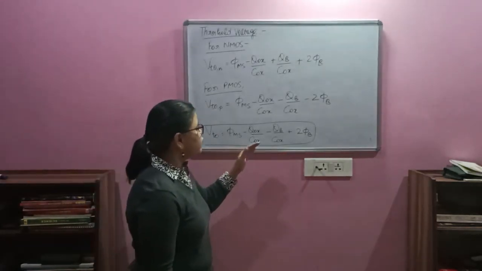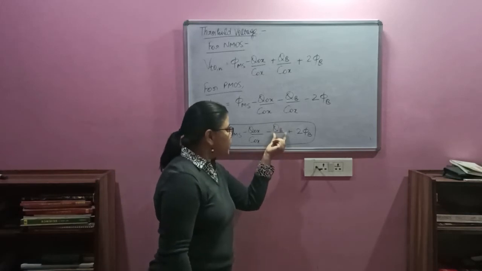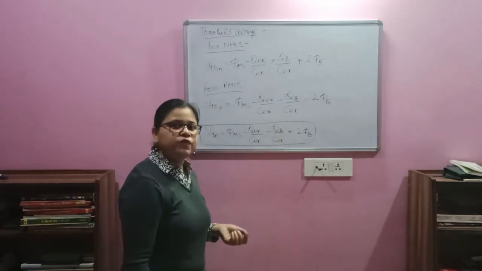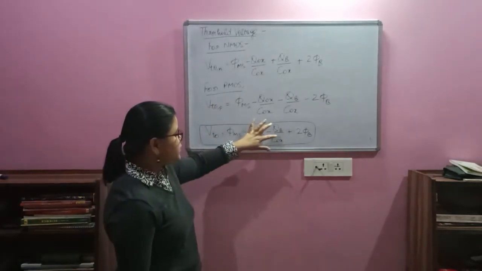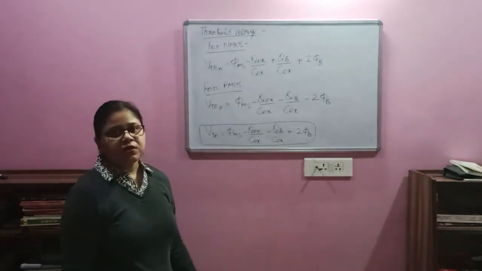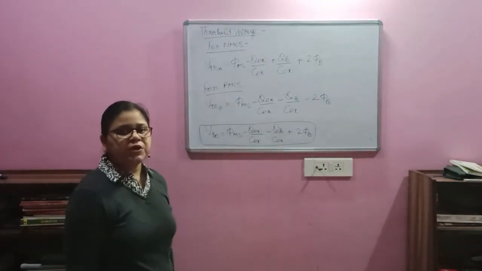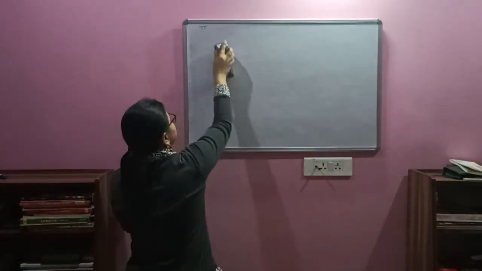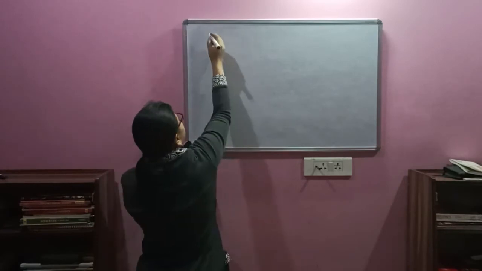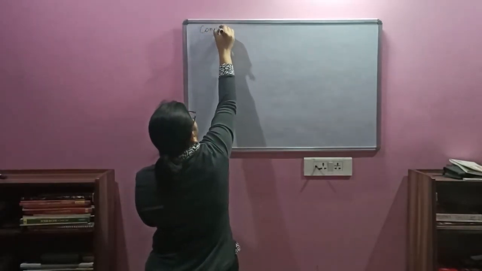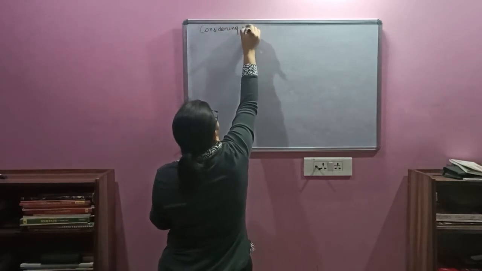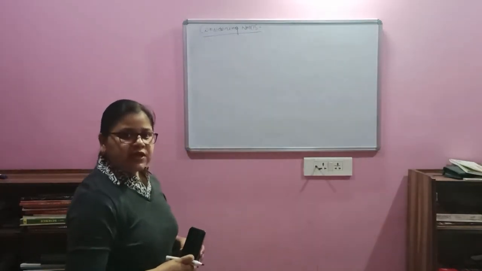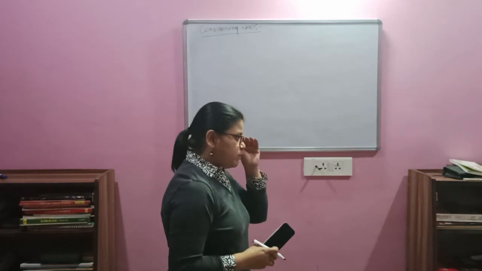Still there are a number of terms to be explored, like on which parameters this bulk charge density is going to depend. We have to look for that also. So further we will see how this QB is controlled and what the different parameters are on which QB depends. So now again, considering the NMOS device, we look for the detailed equation or expression for the bulk charge density.